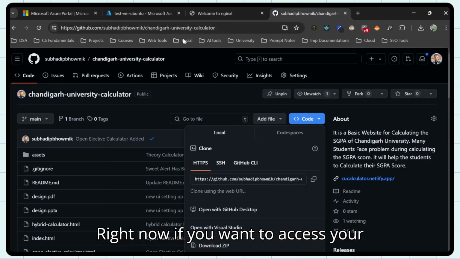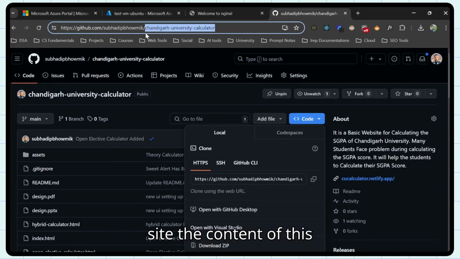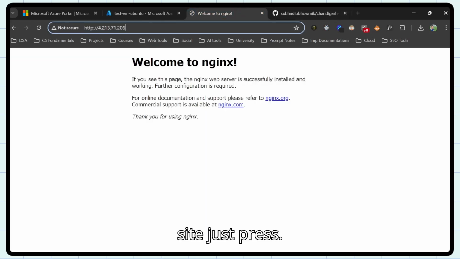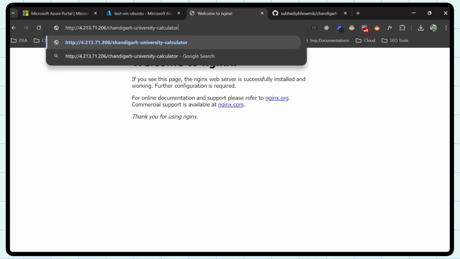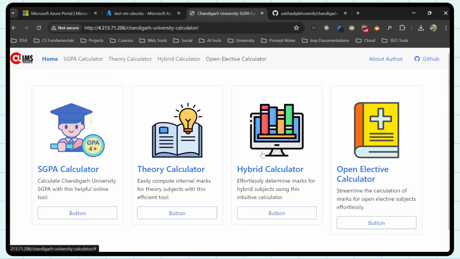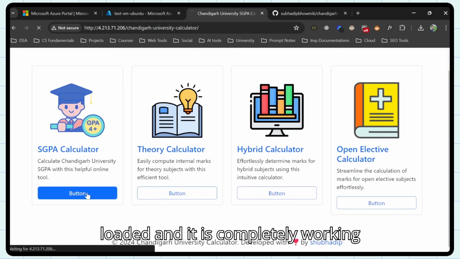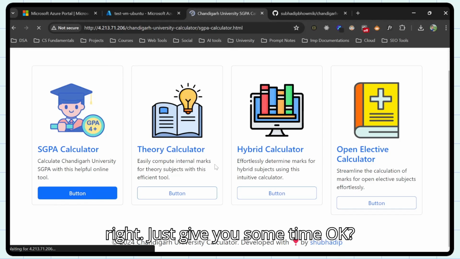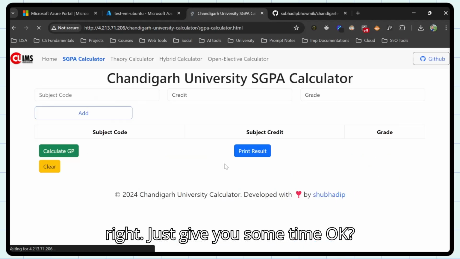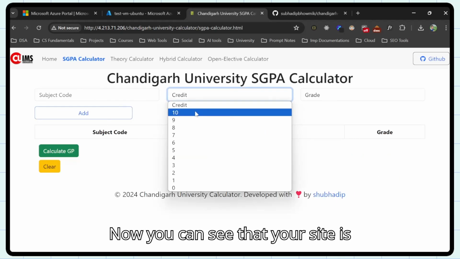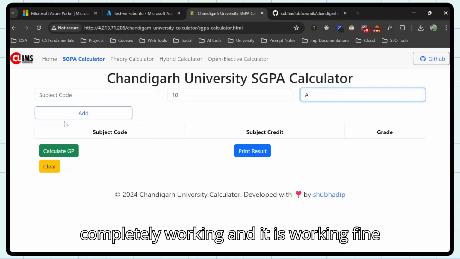Now if you want to access the content of this site, just press enter. Now you will find that your site has been loaded and it is completely working, right? Just give it some time. Okay, now you can see that your site is working fine.